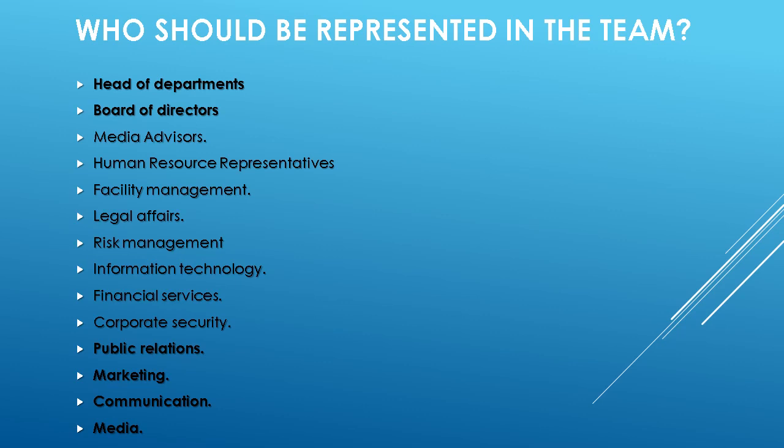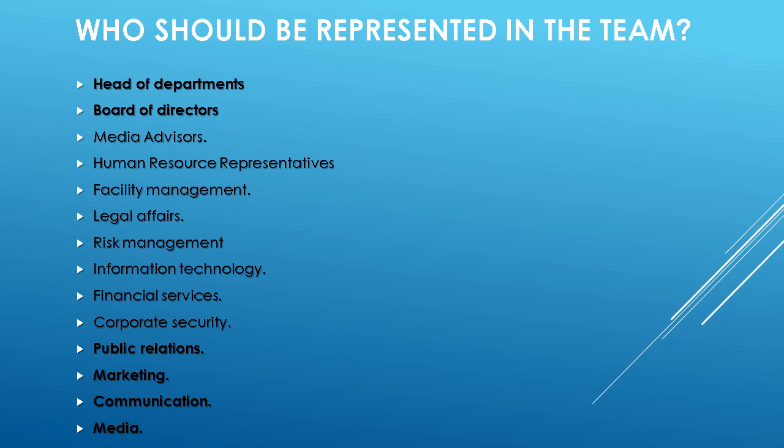In any department or any organization, we will have the Department of Public Relations or Marketing or Communication or Media. There are different names for these departments, but they all have the same function. The main function is to communicate with the internal and external publics in the normal times and in the crisis times. This slide will lead us to show who should be named early. This team, all these departments should be named or structured early, before any crisis is detected.